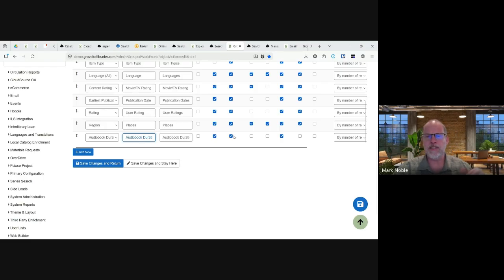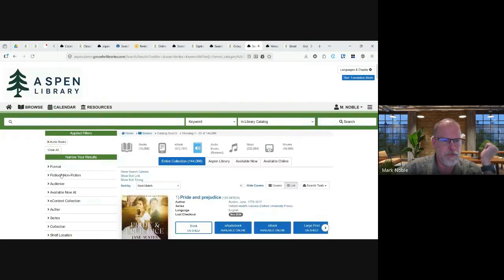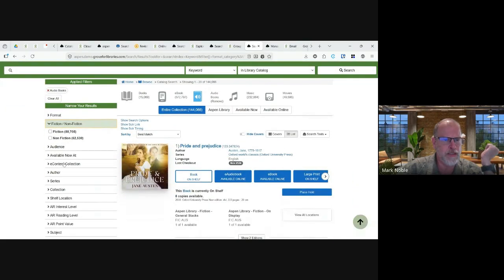So this will need to be added manually if you want to use it. And the idea here, so I've just done a blank search. I'm going to say, let's limit to just audiobooks. And I want nonfiction